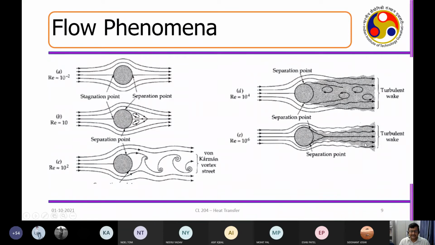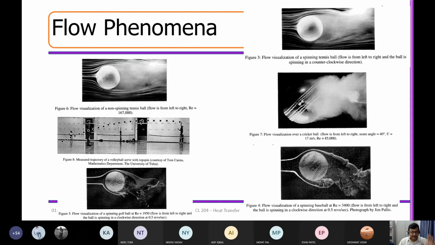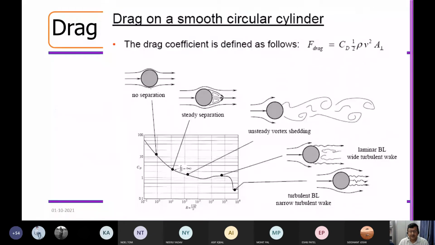Wherever there is an intermixing of layers, whatever energy. See, why am I putting in the energy? I want to put in the energy because I want to move this ball faster. But when I'm trying to move the ball faster, what is happening at the backside? There are different types of flow structures that are created, and these flow structures are getting intermixed with each other to dissipate some of my energy at the backside. Correct? Now, this has been defined, and then we discussed different phenomena in terms of smoke and all. Now, this has been defined as, you essentially encounter two types of frictions.